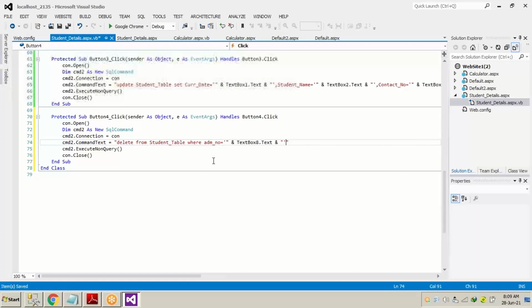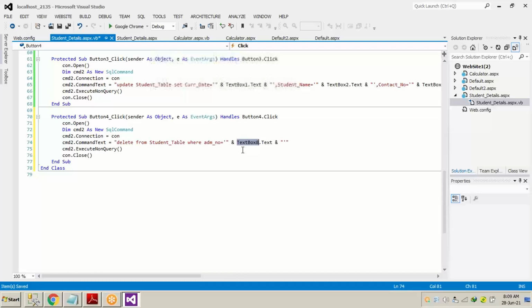And remember one thing, we want the deleting of a particular record and the updating of the grid at the same time. So we will again copy the connection of the grid with the table, and paste it after the delete statement.